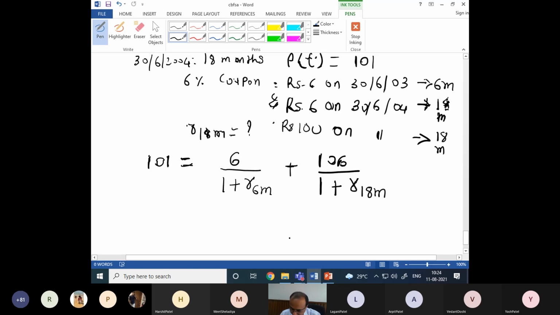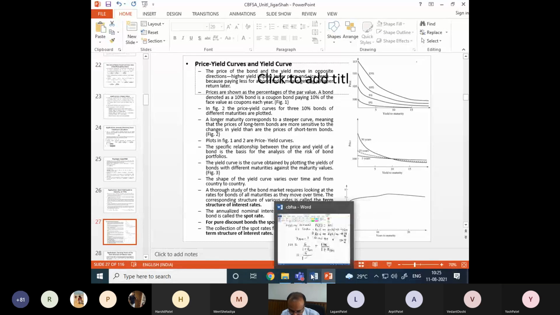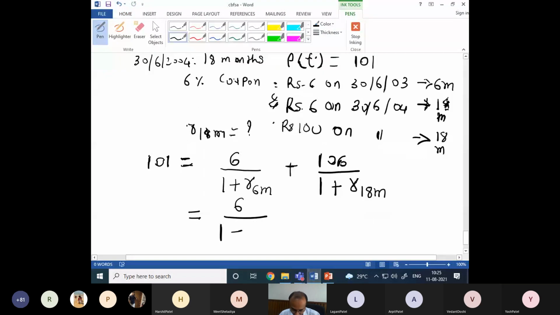Okay. So what will I substitute here? I will substitute here this R 6 months, which is already calculated by me in the first case. Because I want to obtain this curve, you understand this purpose. So I have to start with a lower maturity bond first, then medium maturity and higher maturities. I want to obtain this curve. So I have to compare all the bonds available in the market from lower maturity to higher maturity. And for an example, I have given 3 such values here. Okay. In practice, we have thousands of values.